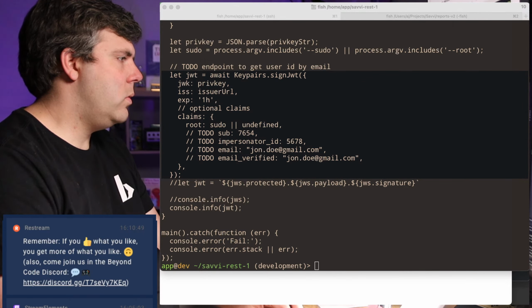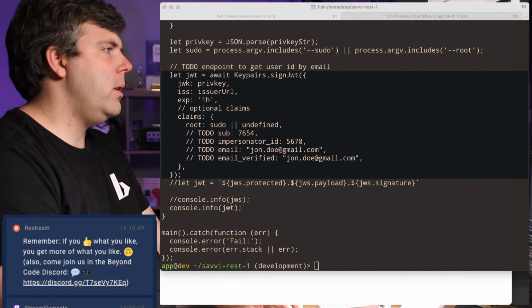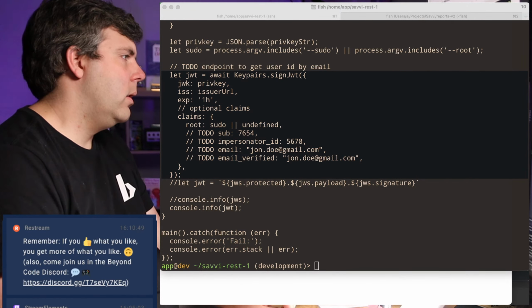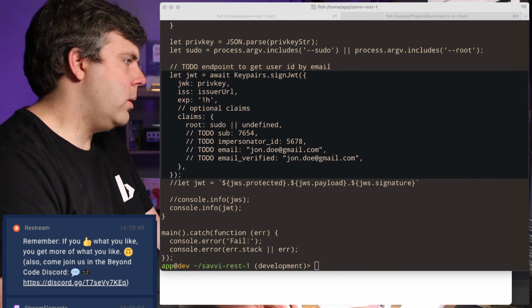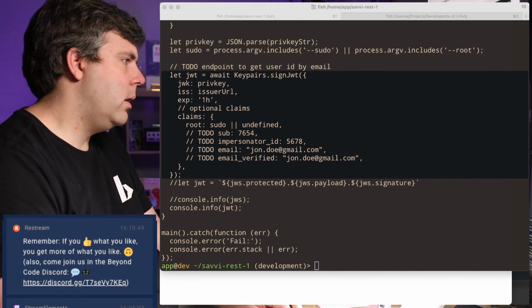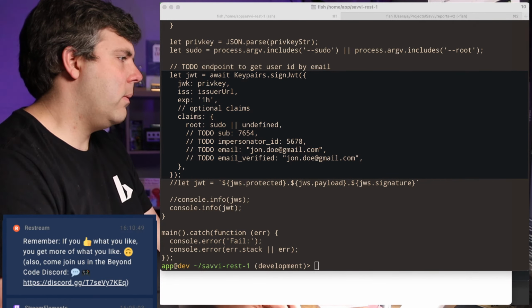All right. I'm going into some issues on the other screen. Actually going into a pull request. Okay.